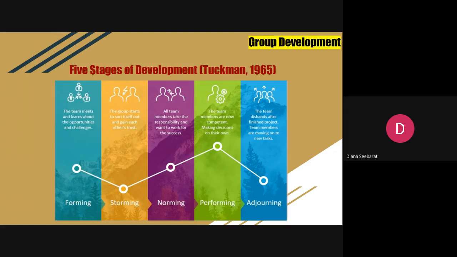The fourth stage is performing, and according to Abudi 2010, now that a group has established group norms and resolved most interpersonal issues, the focus of the group shifts to its tasks. Members are motivated to work together as a cohesive group and they find ways to solve lingering or new disagreements.